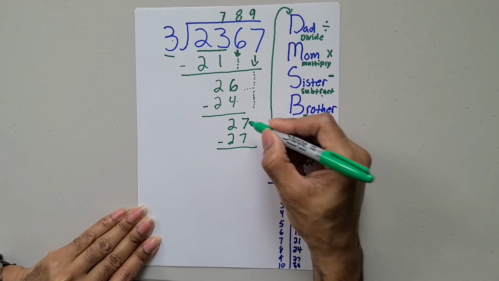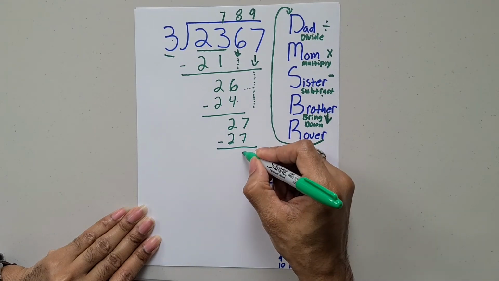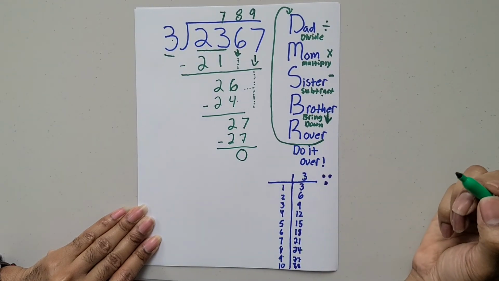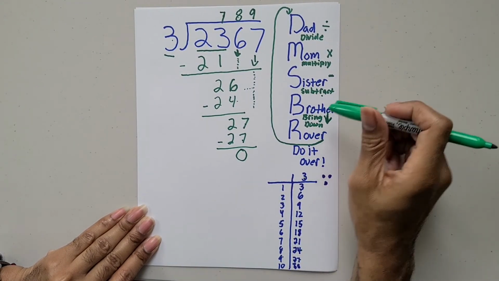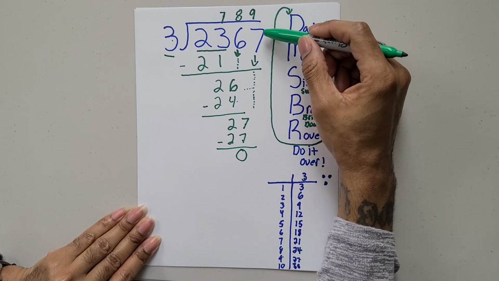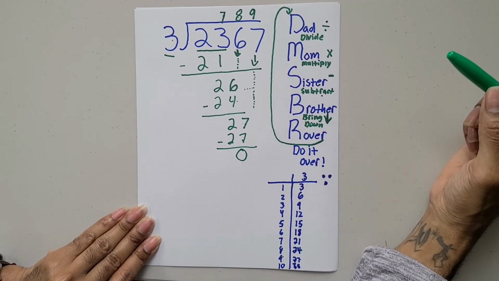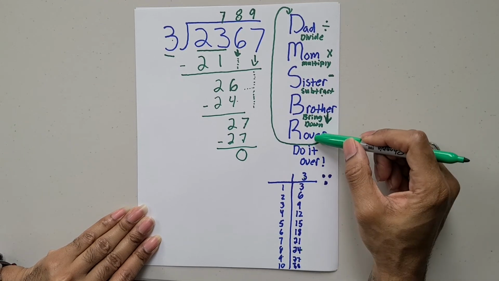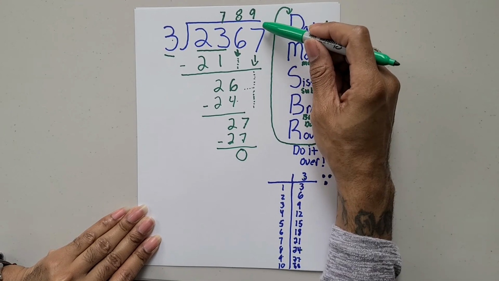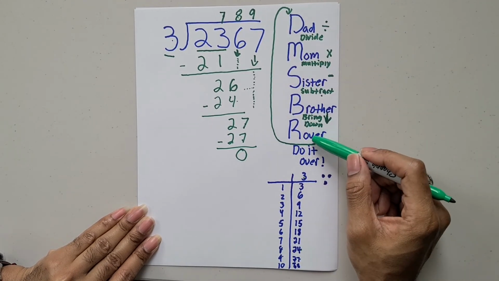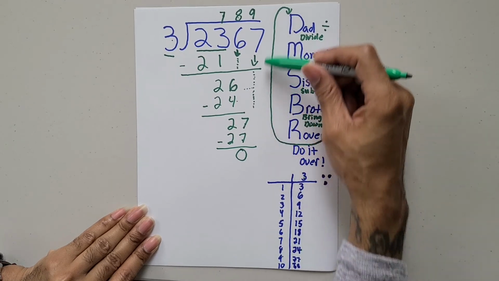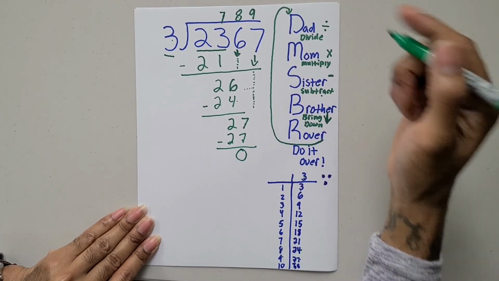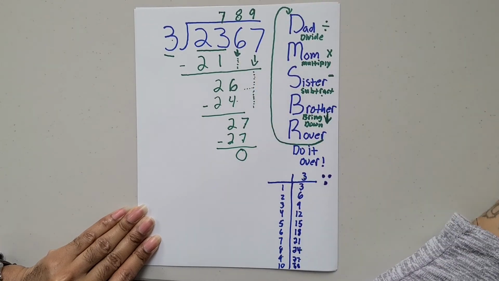And we have 27 minus 27 equals 0. Well, brother has nothing else for me to bring down. So let's go to the next one. Rover. Well, if there's nothing else to bring down, then Rover will not be able to do it all the way over. So we have come to a conclusion, and our answer is